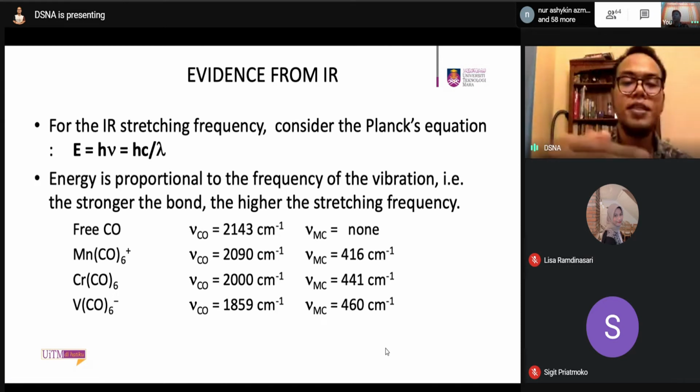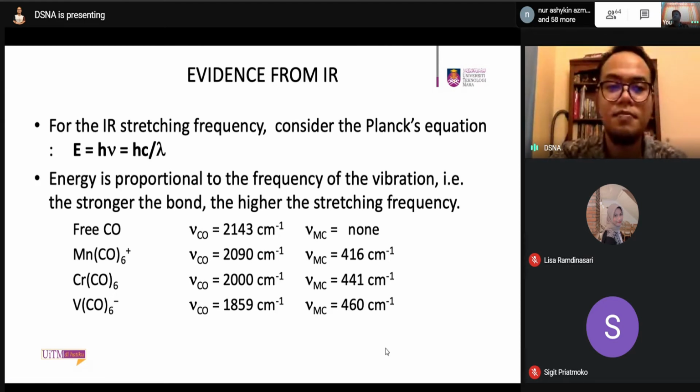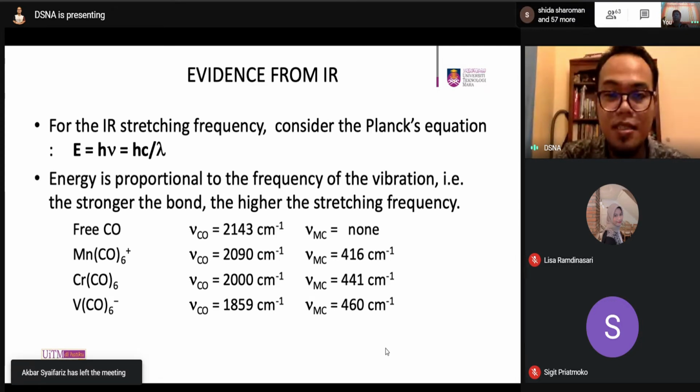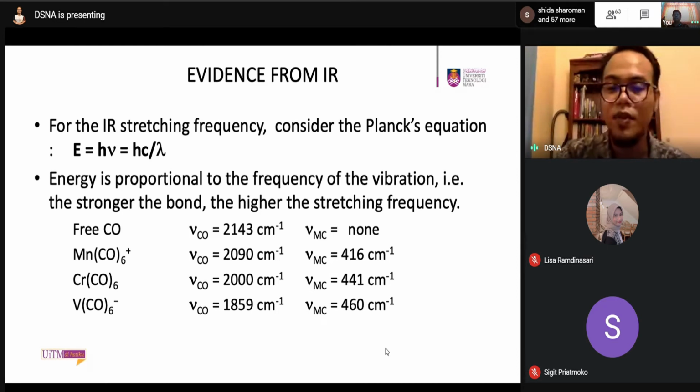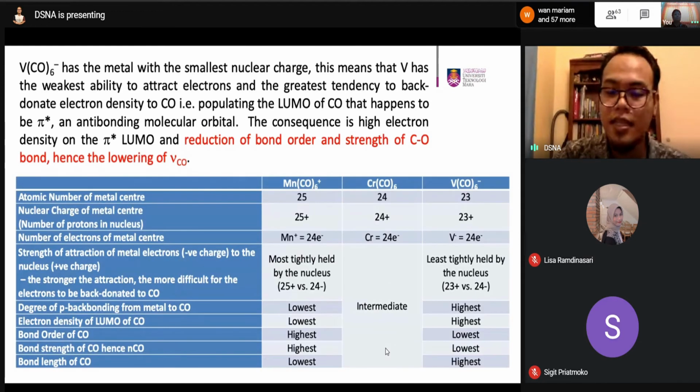Now, from these frequencies, we can make a hypothesis that there must be something to do with the strength of the carbonyl that leads to these frequencies. So there is a reason why we can have such frequencies, and to explain that in detail,